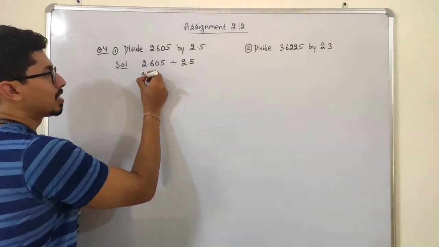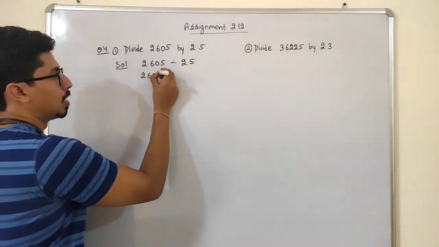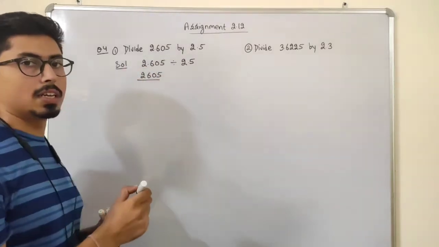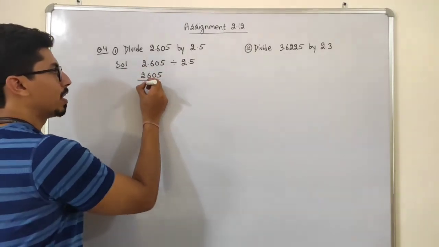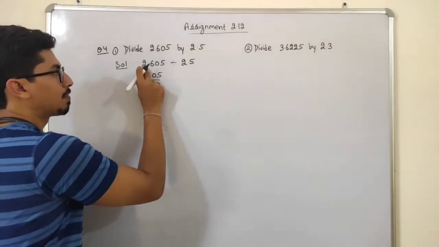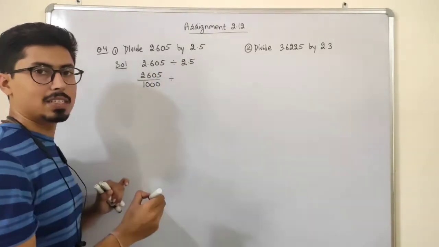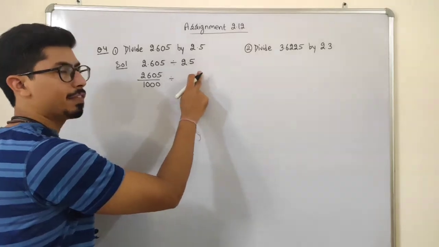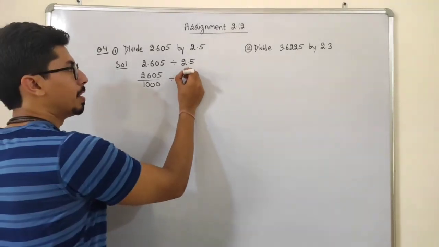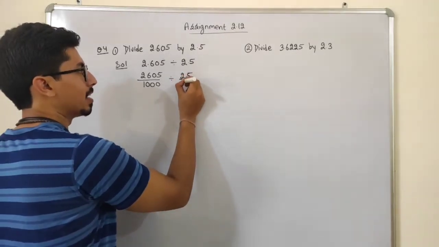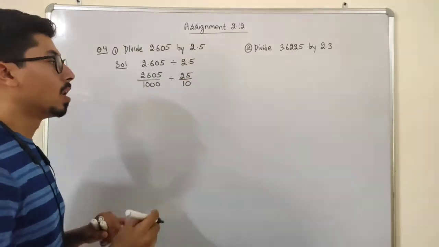Now, if I just remove the decimal, after decimal there are 3 digits. So what can I do? I can just put 1 here and 3 zeros, because after decimal there are 3 digits. Okay, division sign as it is. Now 2.5 I have. 2.5 can be written as 25 by 10. Okay. Now students,